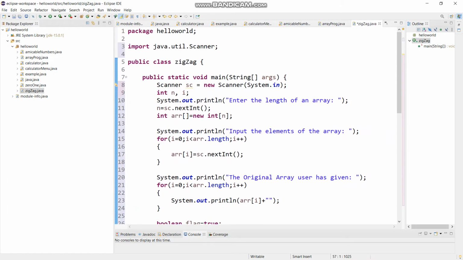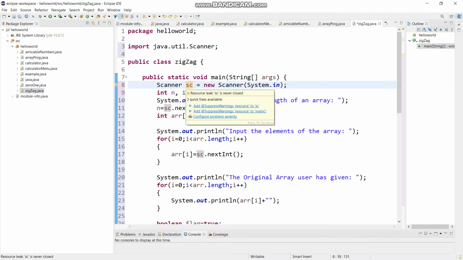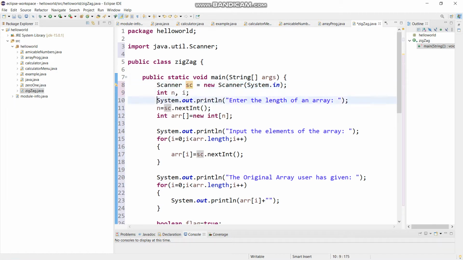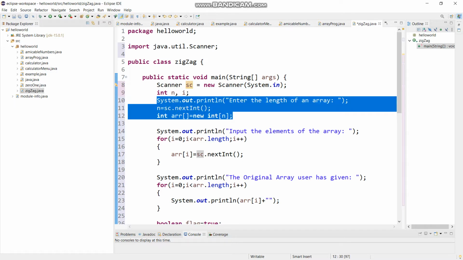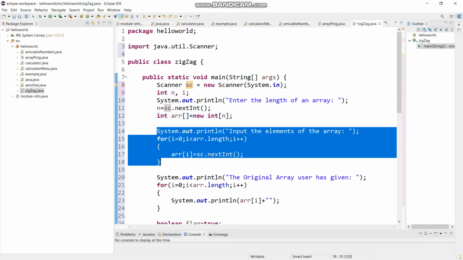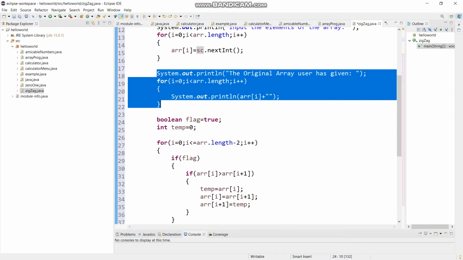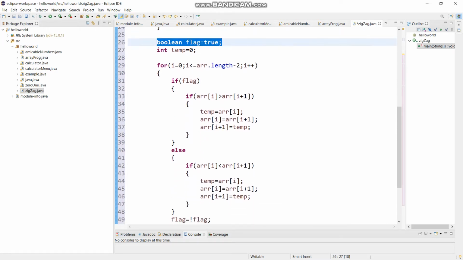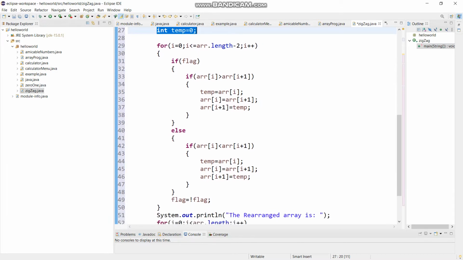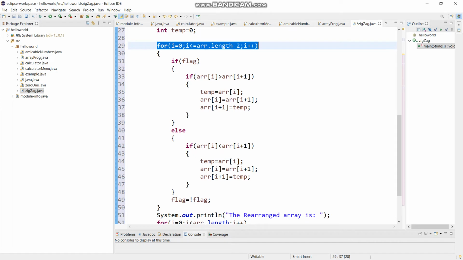So what we did here is we created a scanner object of the Scanner class, and then we took two variables, that is n and i. n is the length of this array, and i is the elements of the array. The third line is not mandatory, you can do it for your entertainment. Boolean flag value equals true, where we did the switching of the values inside the array element. Then we had a bucket variable, that is temp equals 0, and we created the logic.